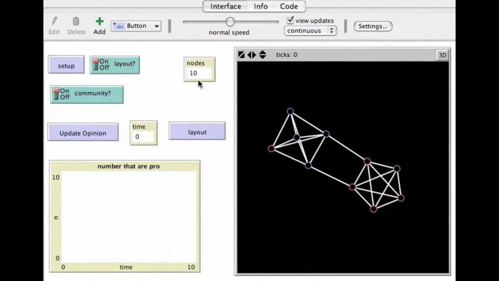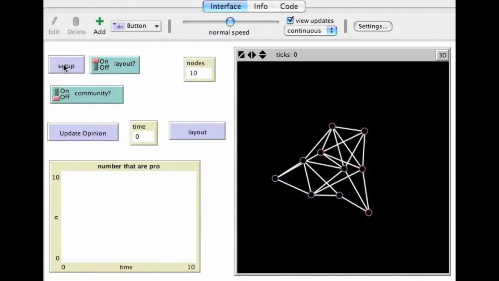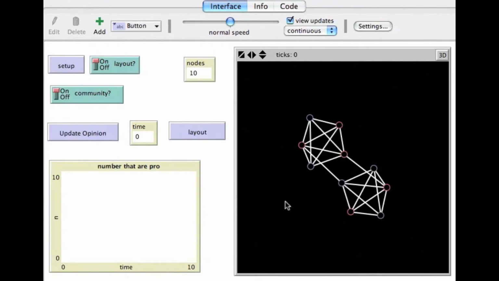What you see here on this mathematical model is a 10-node network, and that network can either be configured to be in a community structure, which is what you see here, or we can take community structure off and set up something that's completely random, where the nodes connect to each other randomly. If I go back to these two communities, you'll notice that every node in this community is connected to every other node within the community.